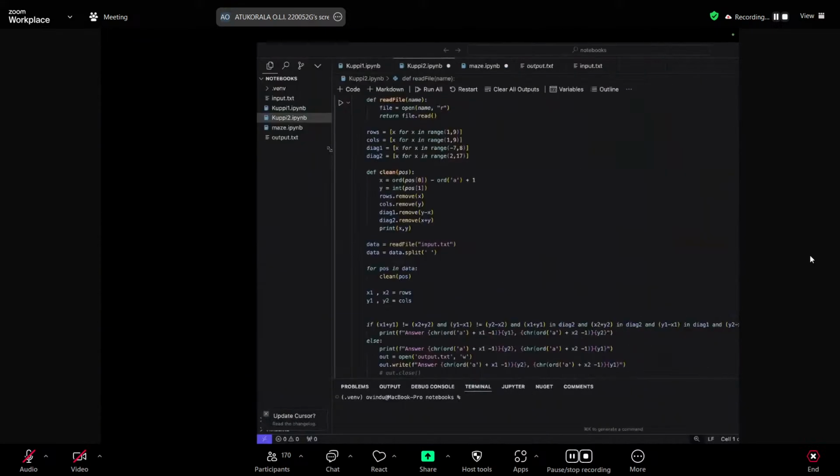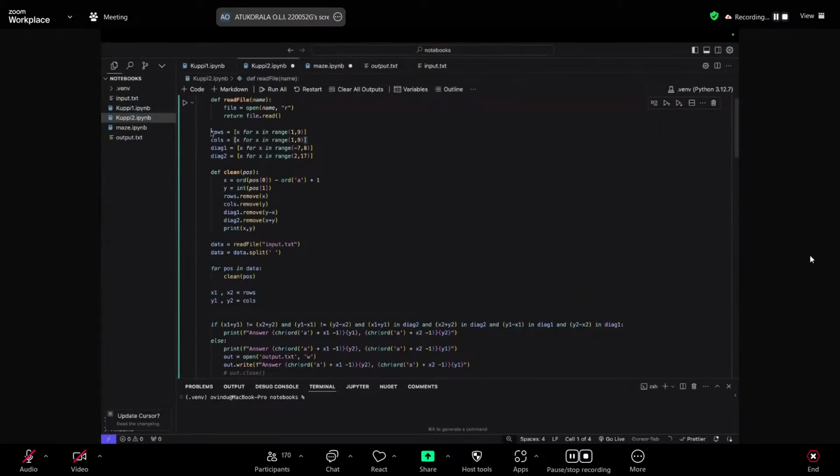So my first step was doing what everyone said. For each of the 6 positions that they've given, I checked their row and their column. And then I removed this row and column from this main list, right?